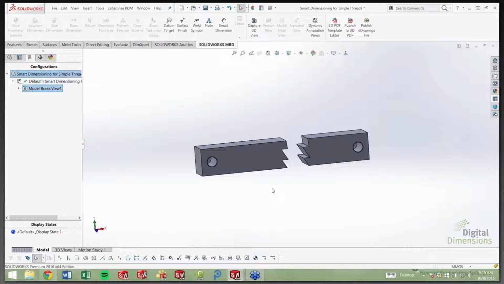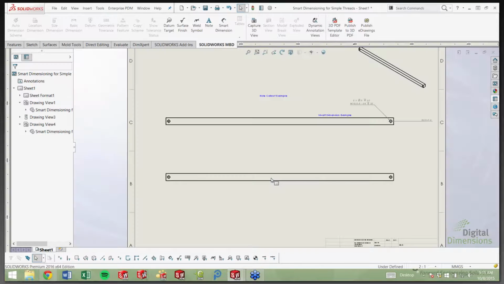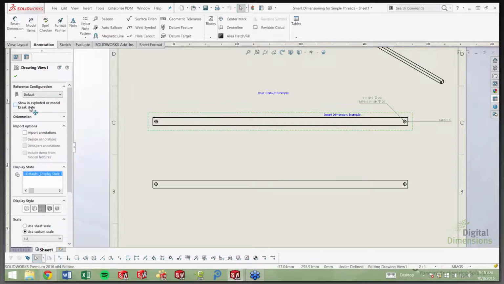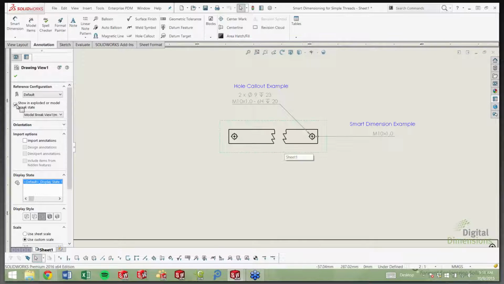So if I jump back over to my drawing, you can now see here when I select my drawing view under the reference configuration, I have this option that now says show in exploded or model break state. So if I check that, I can now show that model break view very easily linked to my configuration in